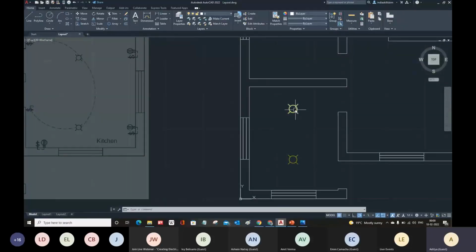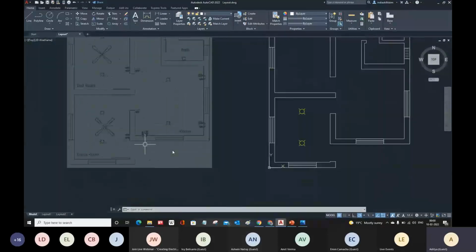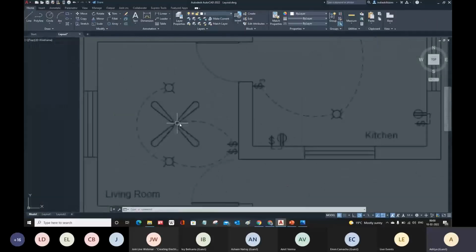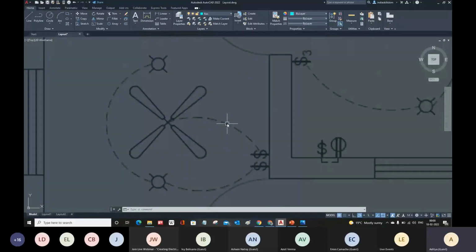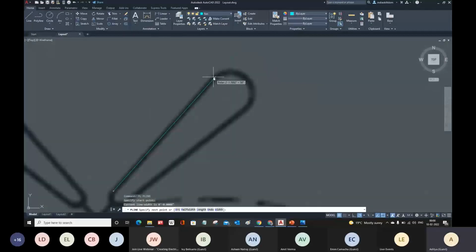And now let us create this fan item, right? So suppose I want to take a reference of this image to create the fan. For fan, let me change the layer to fan. Here we have fan. Now start with the help of a polyline, and then let's say from this line here up to this line, and then I can simply use the arc command inside the polyline.